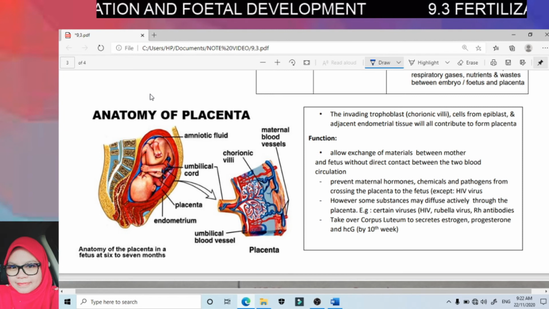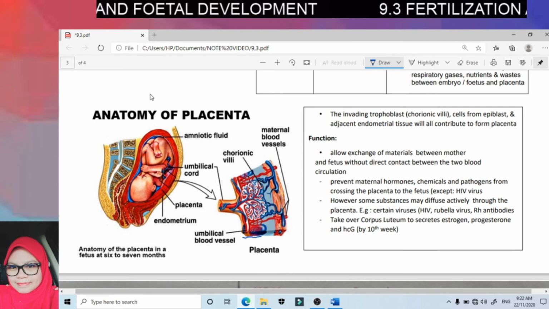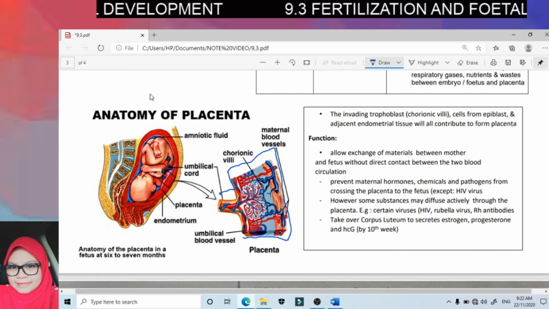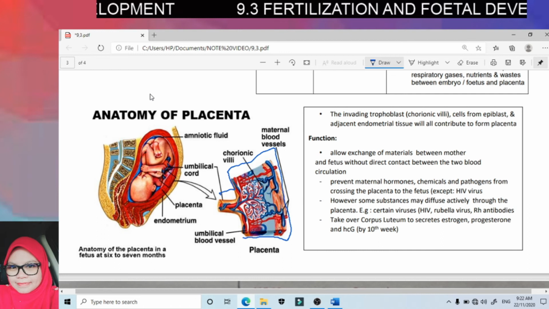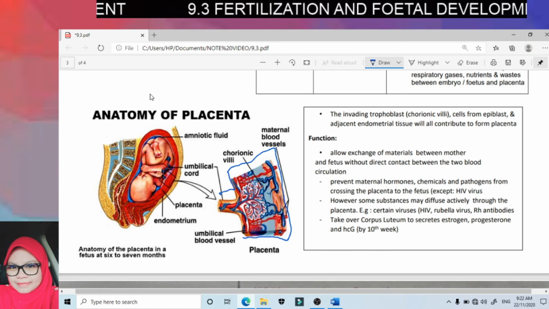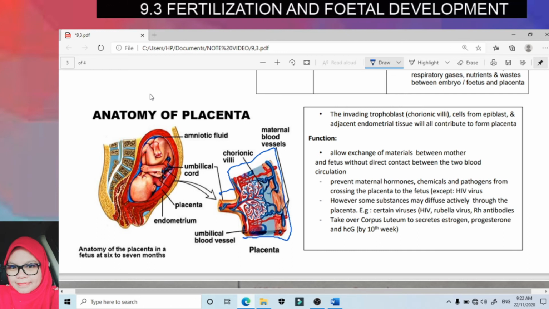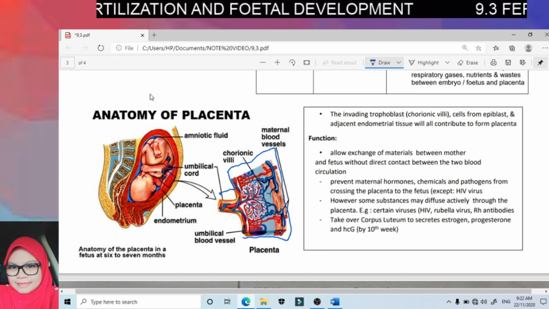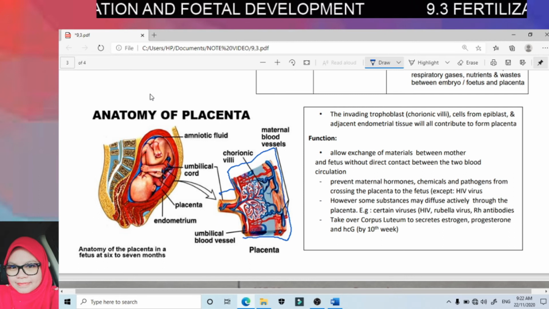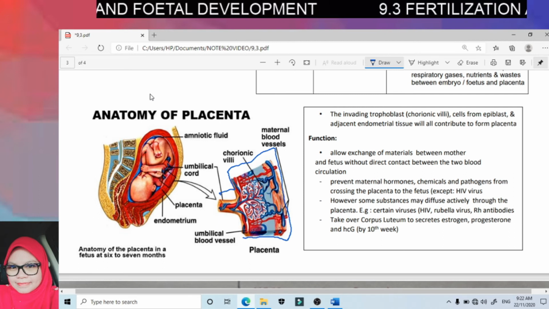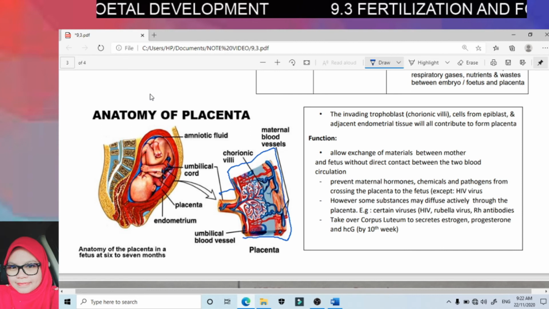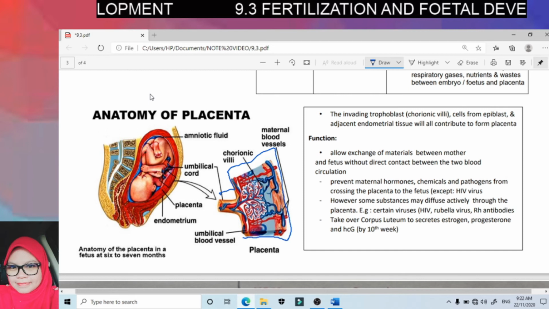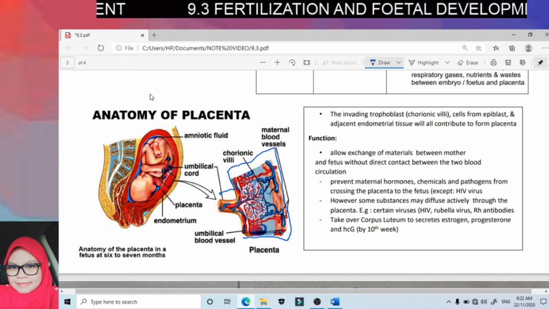And then the function of the placenta, this is the detailed structure of the placenta, is to allow exchange of material between mother and fetus without direct contact between the two blood circulations. So it can allow exchange of material between mother and fetus without direct contact between the two blood circulations. So that means mixing of blood will not occur but they can still exchange